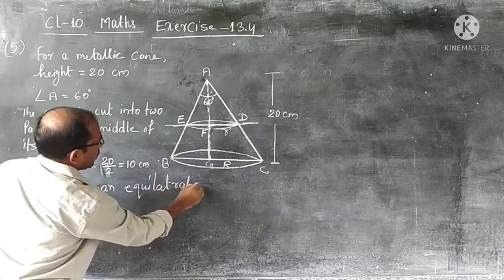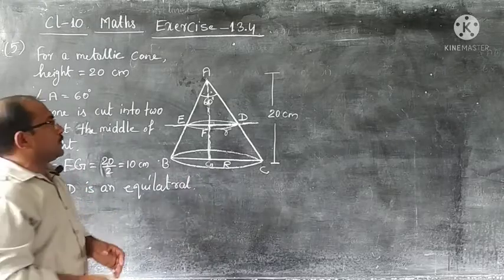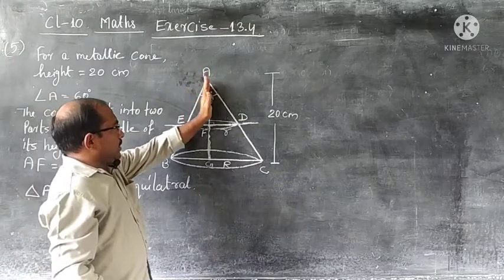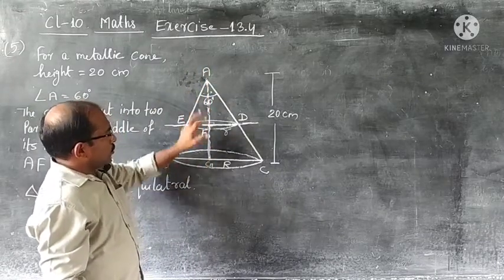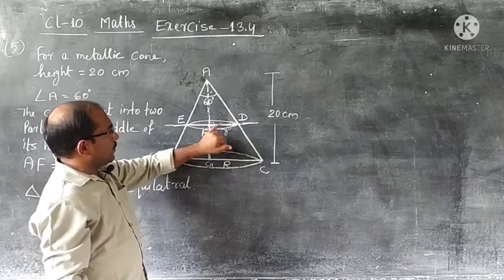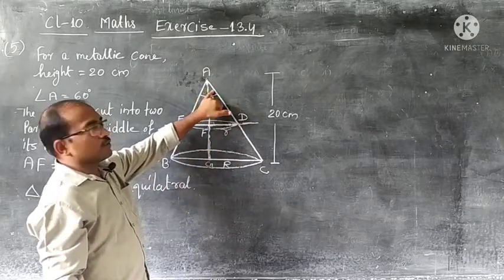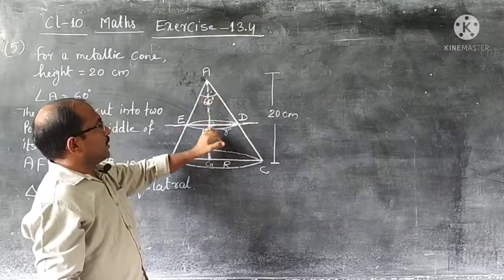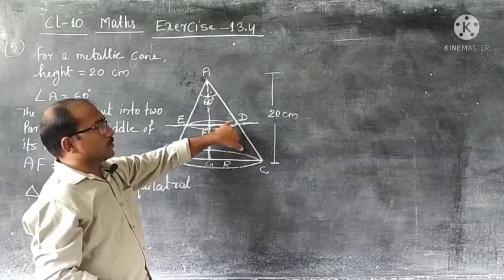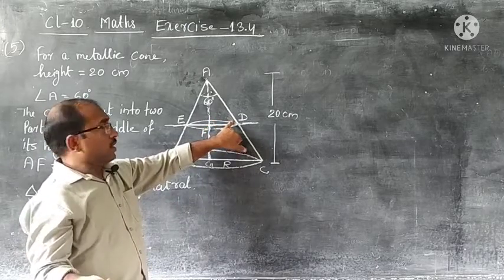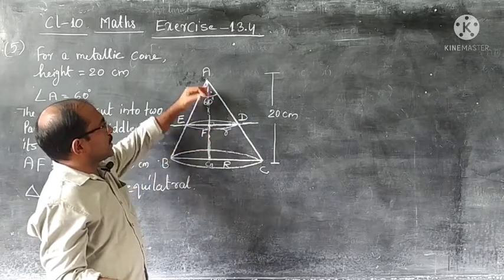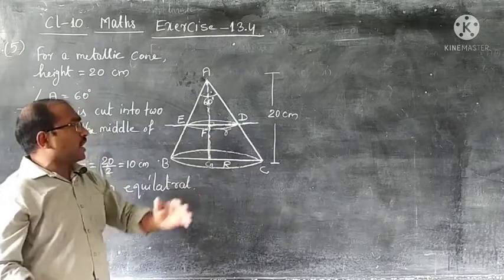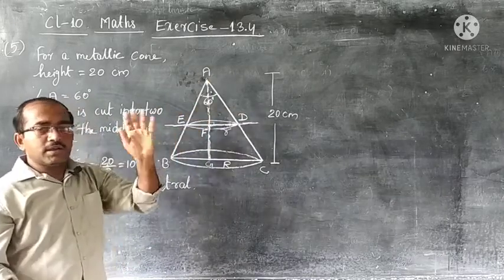I hope you are getting the point. What did I say? Once again I will tell you. Angle A is clearly given here as 60 degrees. This line is the perpendicular bisector. So it is bisecting this line into half. This line also half, and this angle also half. So each part of this angle will be 30. This angle at the center is 90. So automatically the third angle will be 60 degrees. This angle also will be 60. That means angle A, angle E, angle D, each angle is 60 degrees. That means triangle AED is an equilateral triangle.